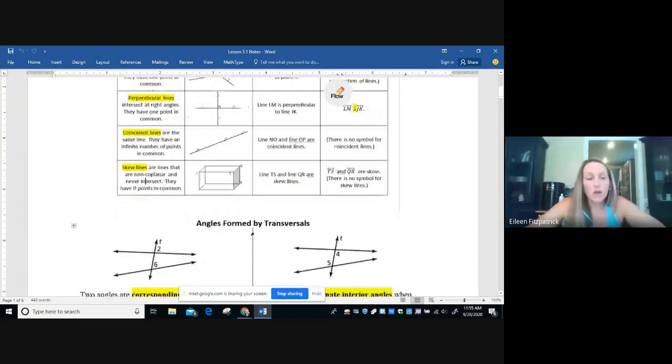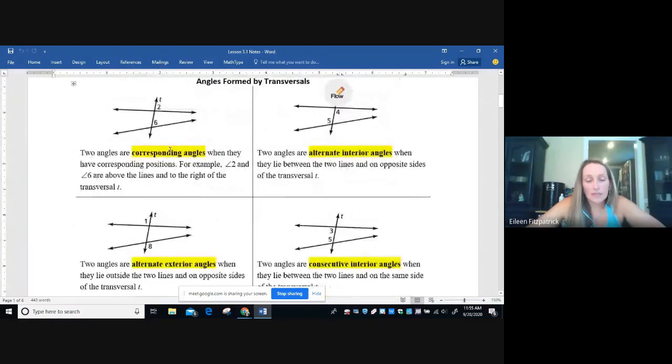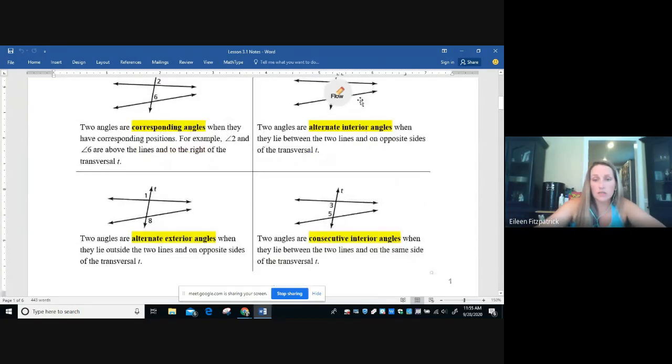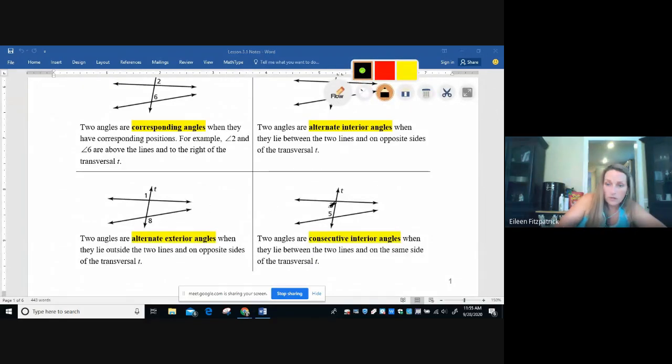Okay. So when two lines intersect, they form different angle pairs. Okay, so we're going to talk about some of those now. They form what we call corresponding angles, alternate interior angles, alternate exterior angles, and consecutive interior angles, or sometimes instead of consecutive interior angles, you're going to see it listed as, I'll write it here. So these are the same as same side